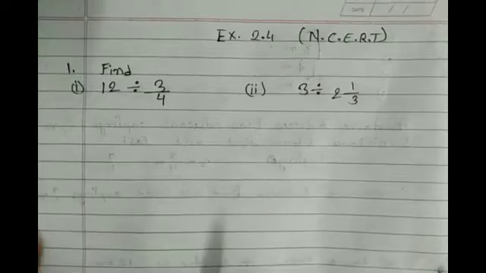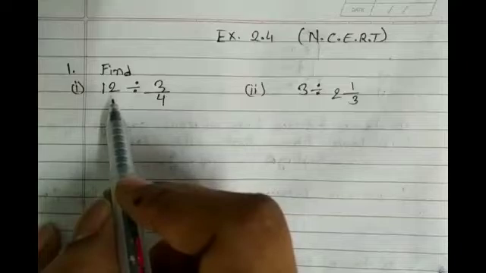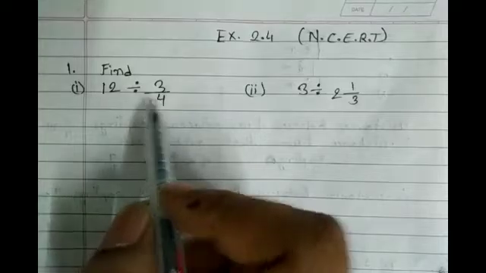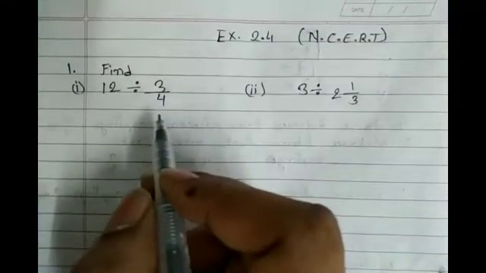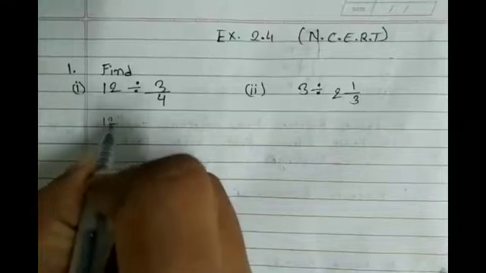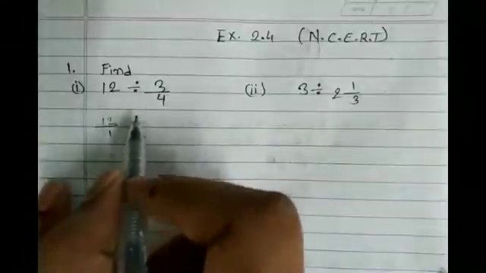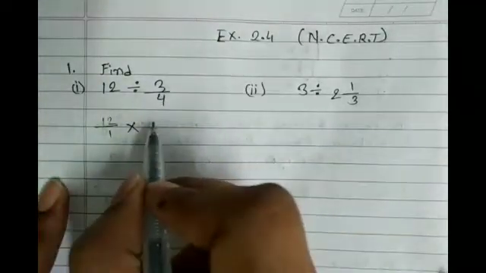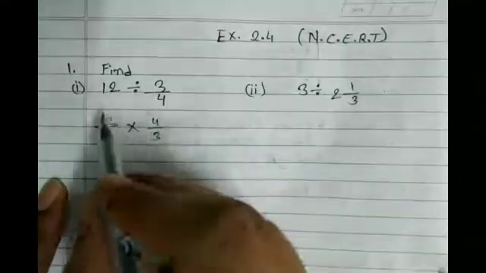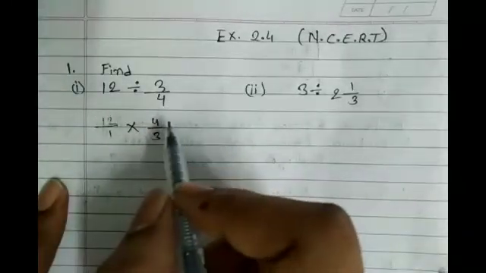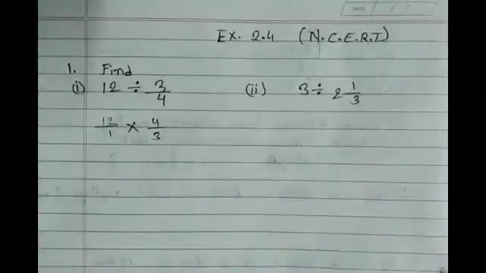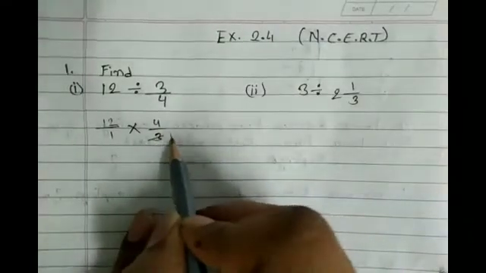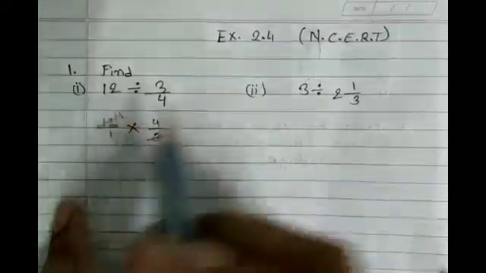See, our question number 1, 12 divided by 3 upon 4. It is a question related to division. As I explained in our second video, first write 12 upon 1, put 1 by yourself, then the sign of multiply and the reciprocal of 3 upon 4, which becomes 4 upon 3, because direct division is not possible, so we have to make a reciprocal. If it is possible to cut a numerator and a denominator, cut it, so we can do it. 3 ones are 3, 3 fours are.